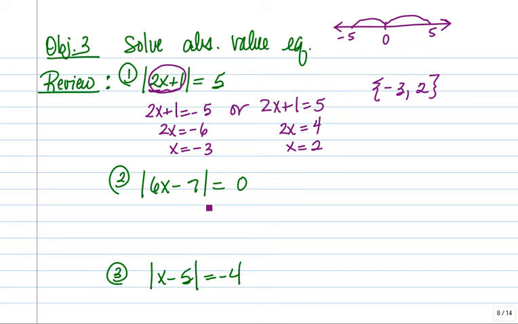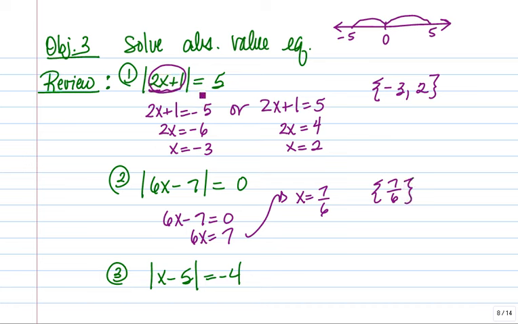Absolute value of 6x minus 7 is equal to 0. Well, the only way for a number to have an absolute value of 0 is if it is 0 units from 0, which would mean that 6x minus 7 has to equal 0. So we would have 6x equals 7, or x would be 7 over 6. Now remember, you can also solve these problems graphically, right? You could do the x-intercept method or the intersection of graphs method,